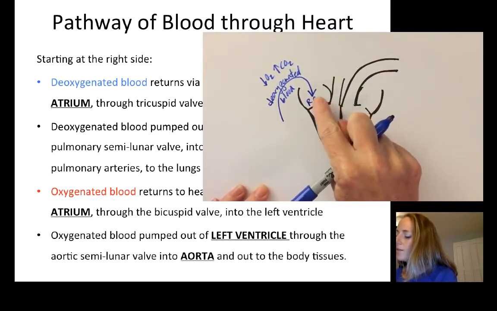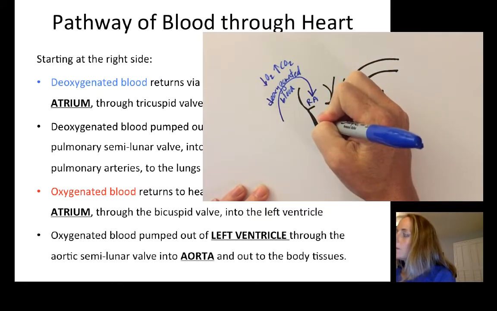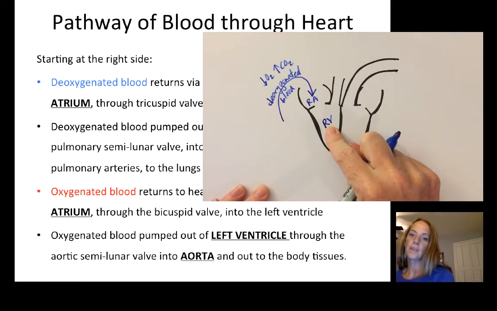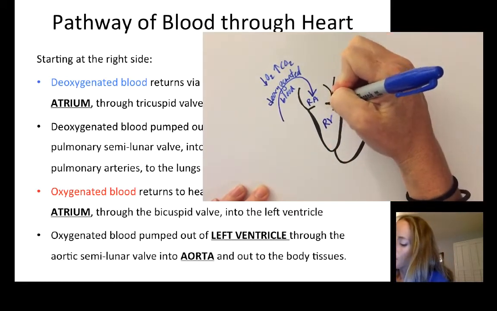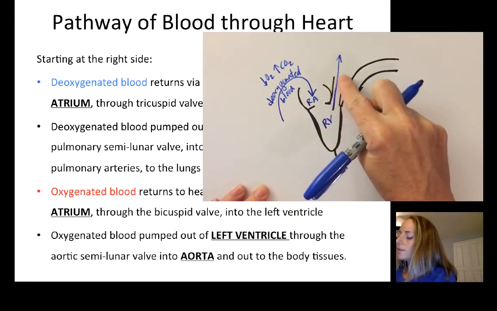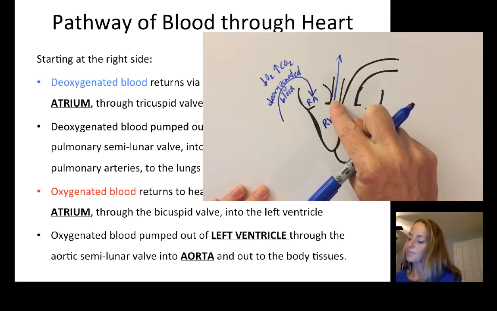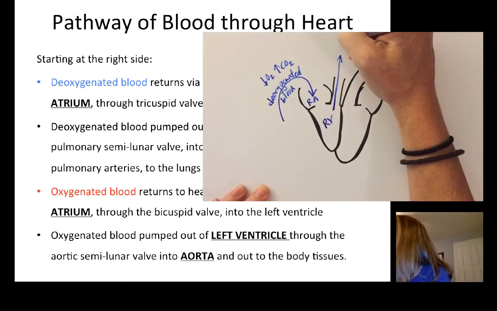It's going to travel then from the right atrium to the lower chamber of the right side of the heart, which is the right ventricle. From there, the deoxygenated blood will be pumped from the right ventricle out of this large blood vessel, which is called the pulmonary trunk. From the pulmonary trunk, it'll be pumped to